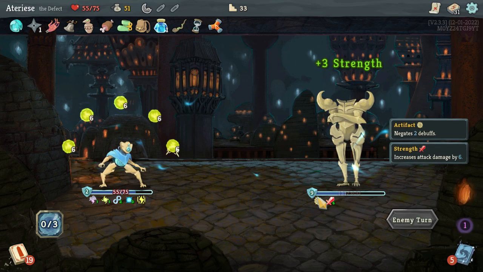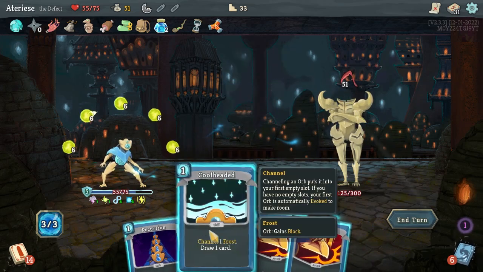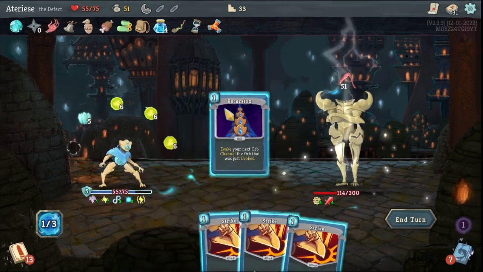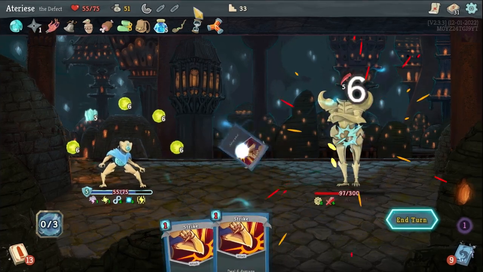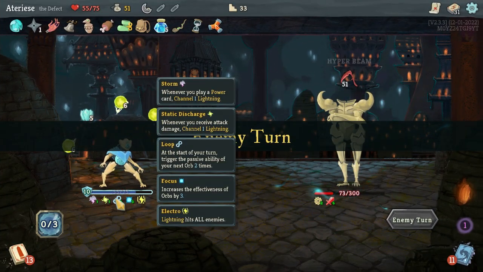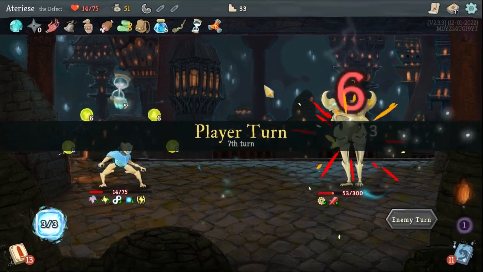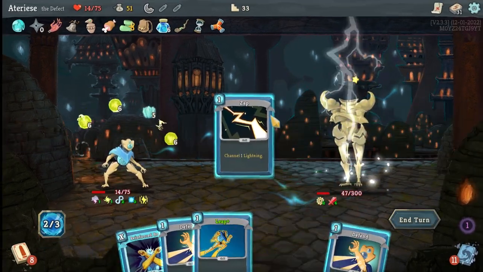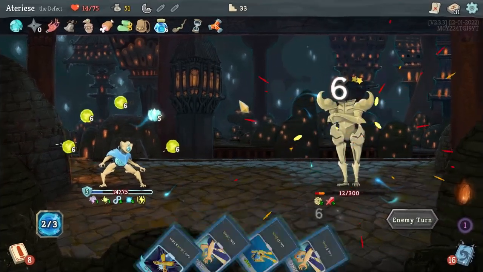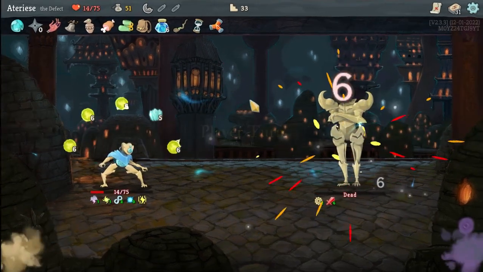Alright. And now comes the big hit. Holy cow. I feel like that's a good one. Cool-headed. Recursion. This is gonna... Thank God we get a full heal after this, because that's gonna hurt. 14 health left. At least he doesn't attack us right away, so... Well, he's dead at the beginning of the turn, so... Loop is gonna rock it, so...